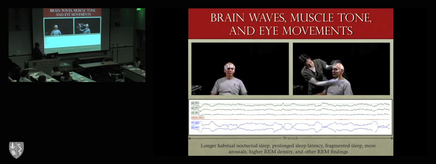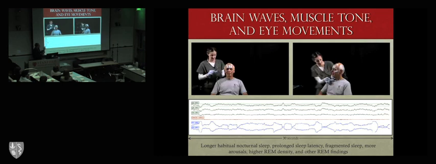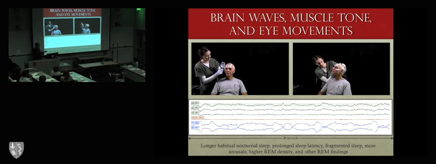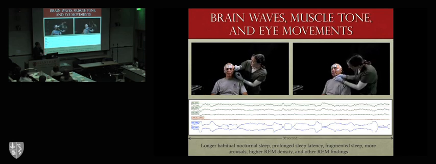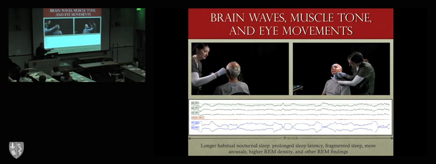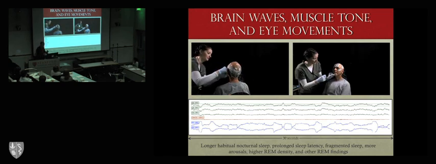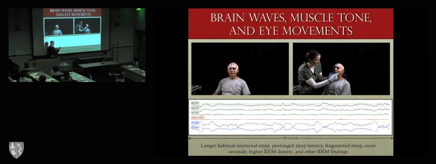So what you can see is signature brain waves here, just as an example of what a sleep study looks like. We divide it up into 30-second increments, and you see the brain waves here. You see no muscle tone monitored right here, and you see rapid eye movements. And so you wake someone up right here, and they're more likely to report dreaming. That's not to say that if you wake someone up when they're not dreaming, they won't also report a dream.